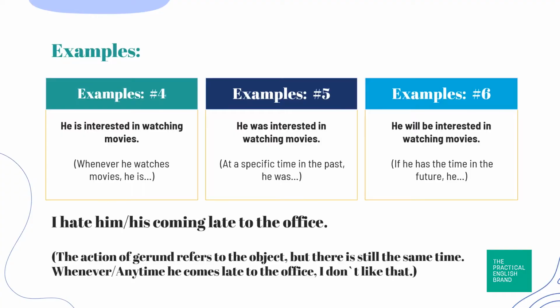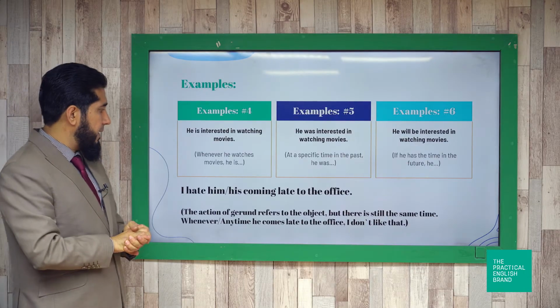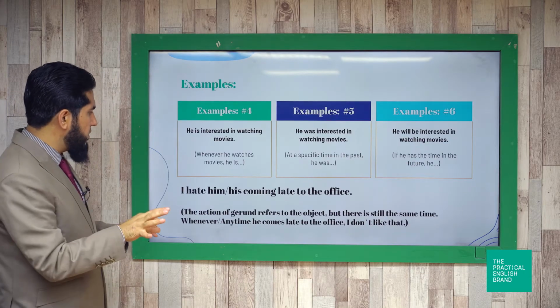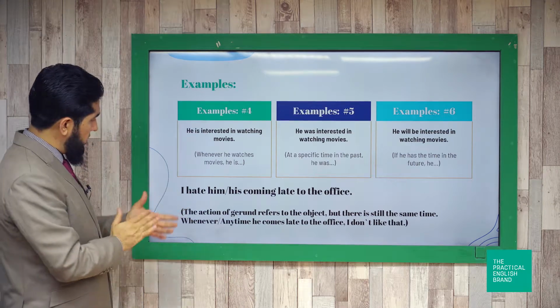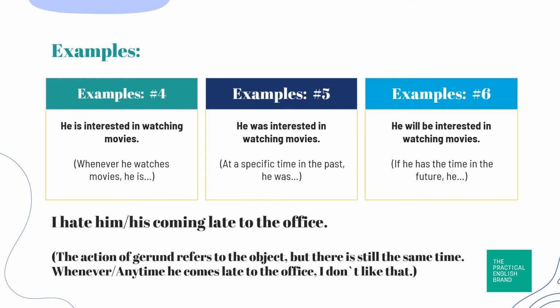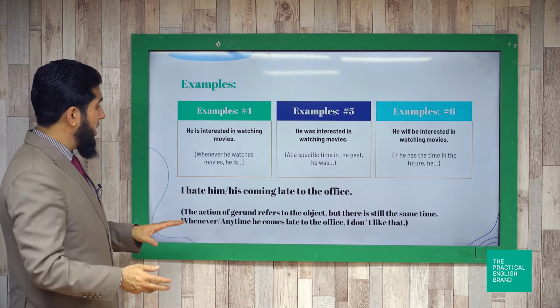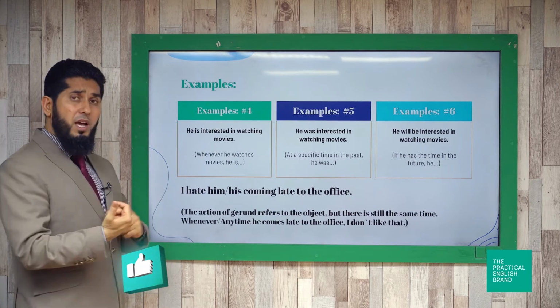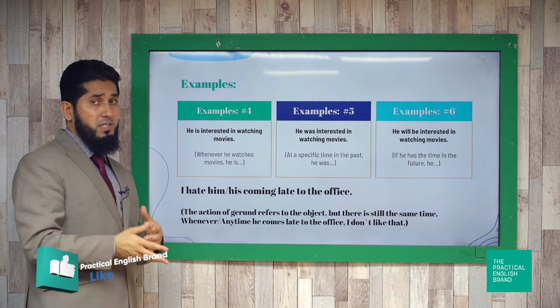And here, there's one exceptional case. I've brought one example over here. Sometimes it's possible that you bring an object after the gerund verb, and after that you bring a gerund. Like in this example, I hate him coming late to the office. It means, when he comes late to the office, I hate it, okay? So in this case, if you use the object pronoun him, like here in this example, I hate him coming late to the class, it will be